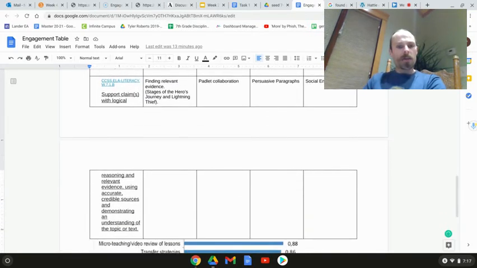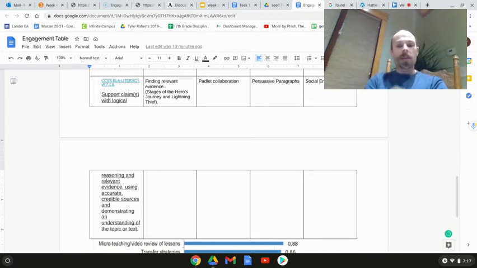Lastly, we have finding relevant evidence, and this is where I'm at right now. We're doing The Lightning Thief at the moment as a classroom novel, and we're trying to have students recognize how the stages of the hero's journey line up with different parts of the book.